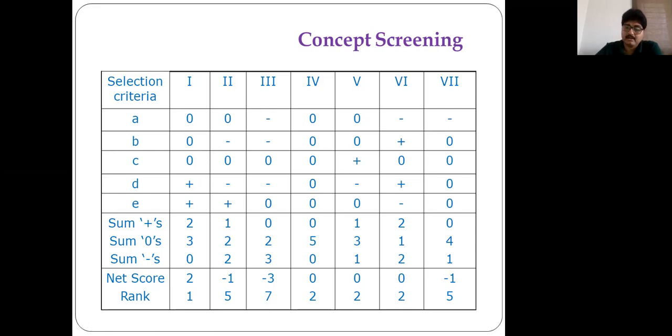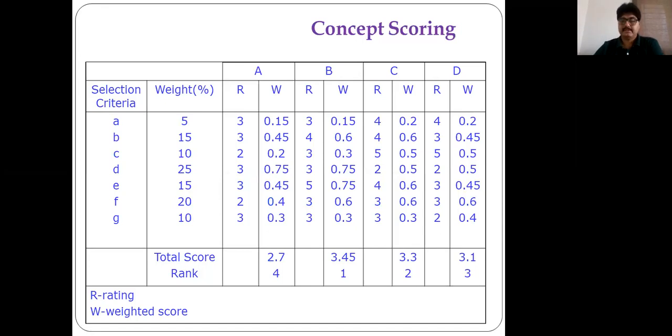So with this initial process, the total of 7 concepts have been brought down to the minimal number, where in concept scoring we are able to see 4 concepts. Here the 4 concepts are going to be compared using weightage factors, and the selection criteria are also increased, where you check each and every concept very closely by giving privilege to each selection criterion based on the weightage. At the same time, the rating is another factor which is entered here against each concept,